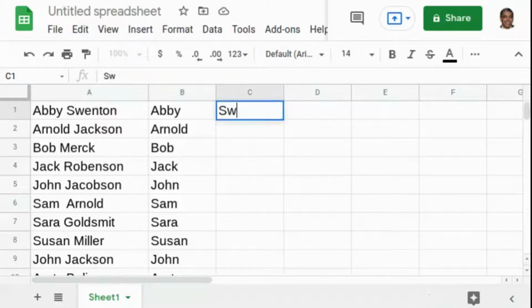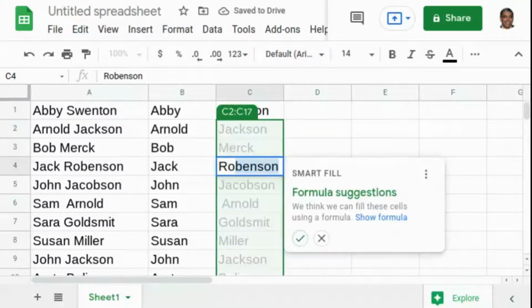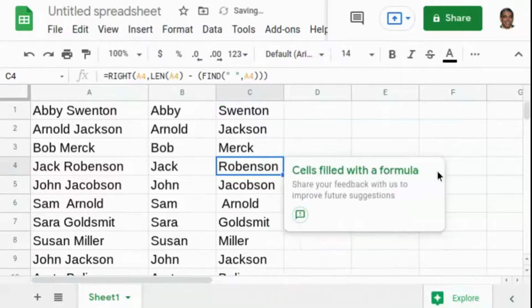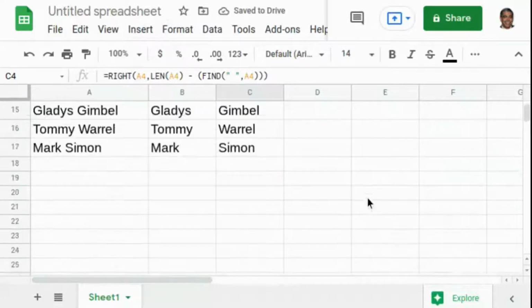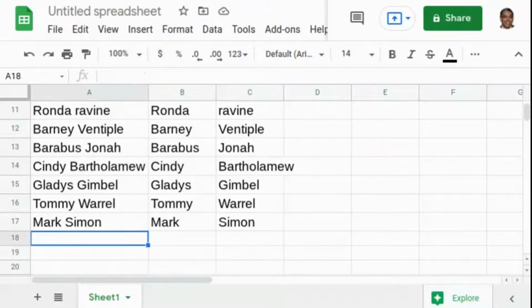Okay, I start typing in. And you have to make sure, of course, that you're typing in exactly what's there. And there, by this point, it figured out my pattern. So again, I would do the same thing. Again, you can see it's using a formula. I'd click check. Now again, let's say, for example, here, if I put in,